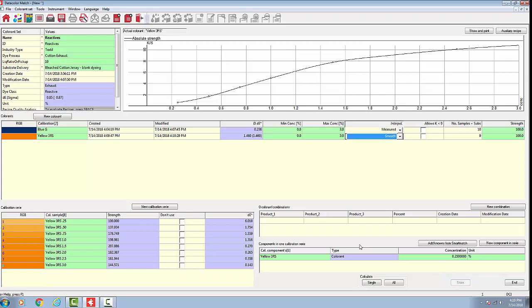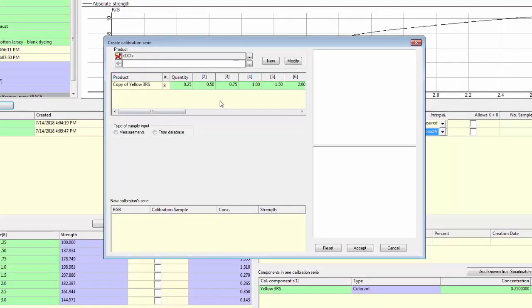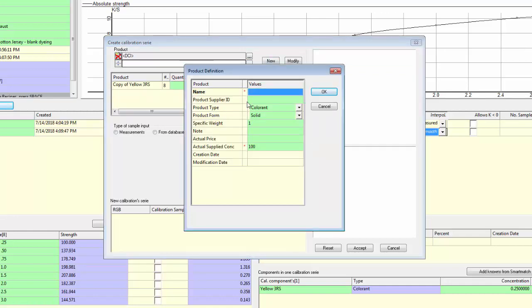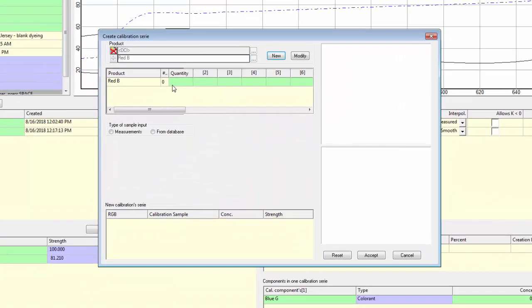Okay. And we're going to do another dye stuff, and this one we're going to measure in. And we're going to do new colorant. And again, we don't have this color, it's a new one. So the name of it is Red B. We click in Product Supplier ID, we'll give it a price, maybe $6 per pound or euro. We click OK, and we'll put in our new concentrations for this dye stuff because it's different from the other ones. 1.1,